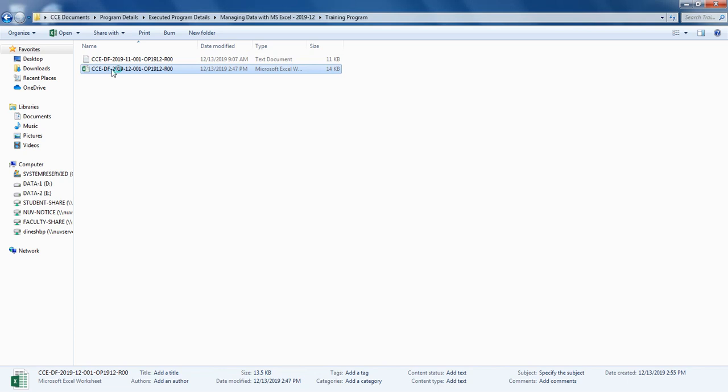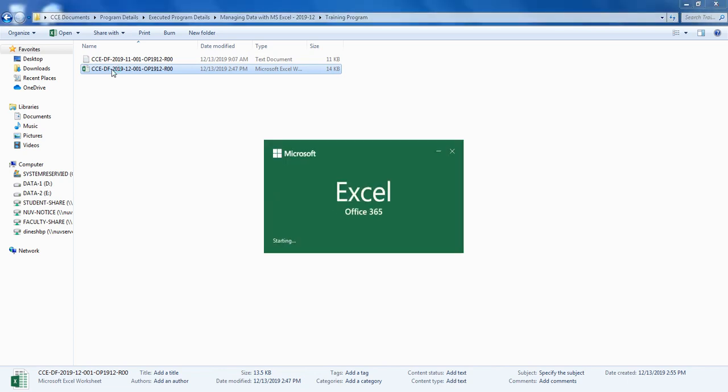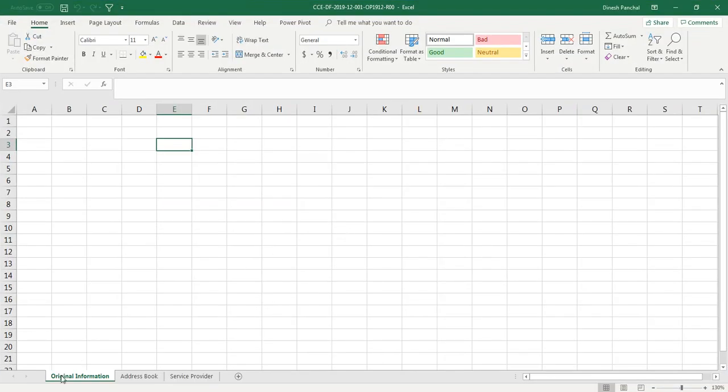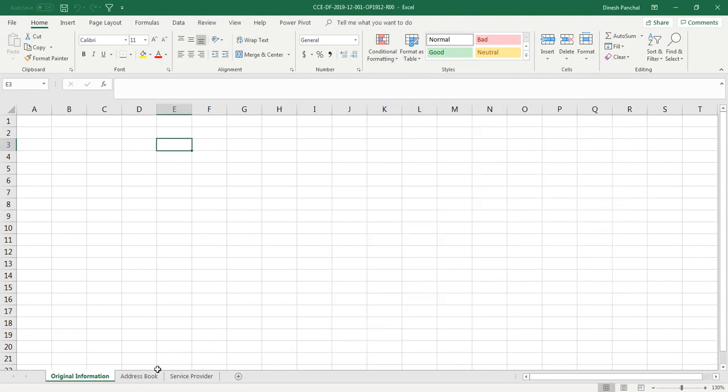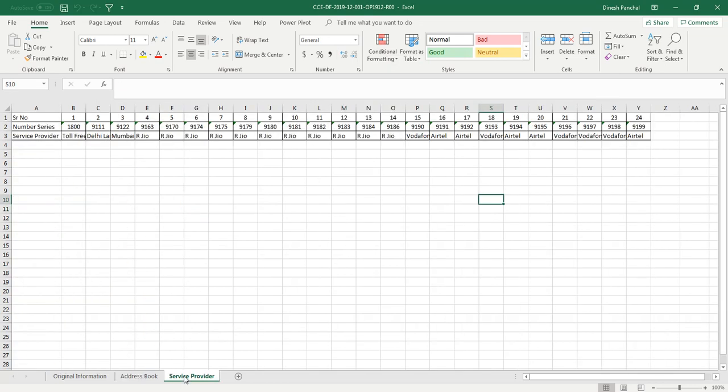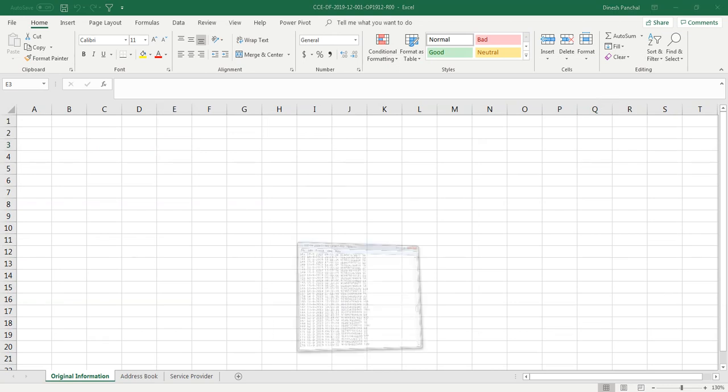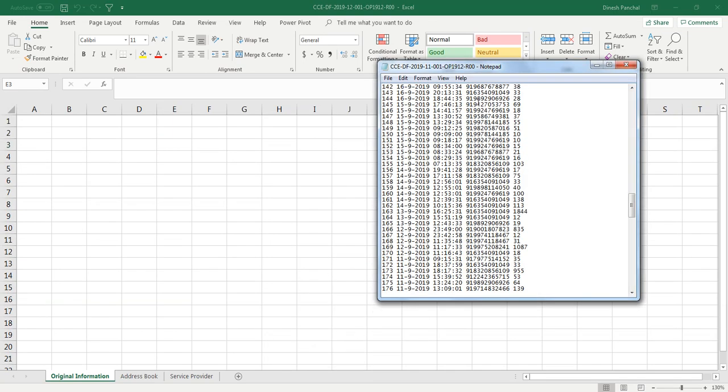Open the Microsoft Excel data file which is given. This file has three worksheets. The first worksheet is a blank worksheet where we are going to bring the data from this text file. The second and third worksheet contain some information which we will use later on. To bring the data from the text file into Microsoft Excel, open the text file,